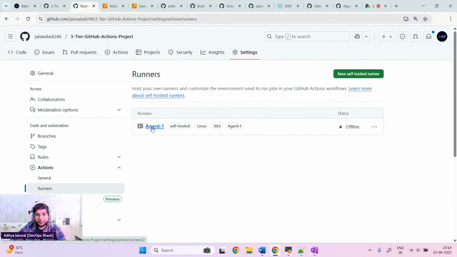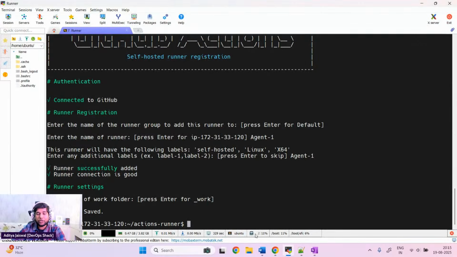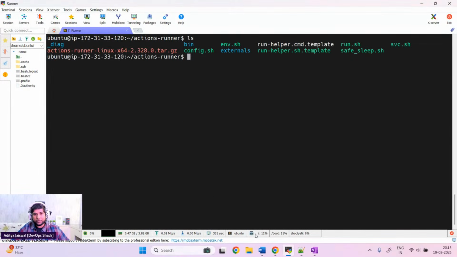Here you can see runners. In the runner section, we have agent 1 which we have configured, but the status is offline. Okay, so in order to start the runner, what you have to do, I told you in the beginning there was this shell script also got extracted,